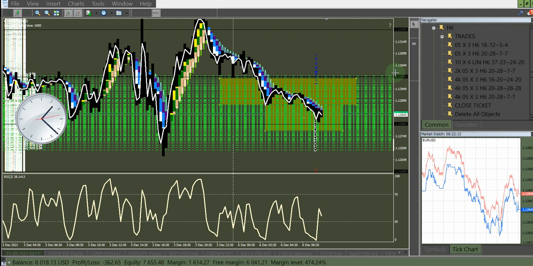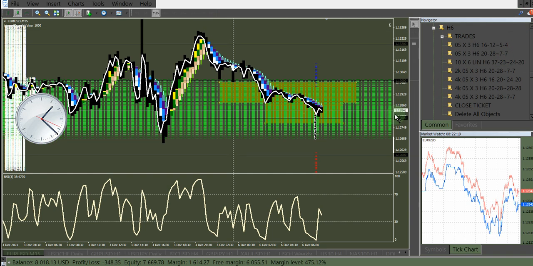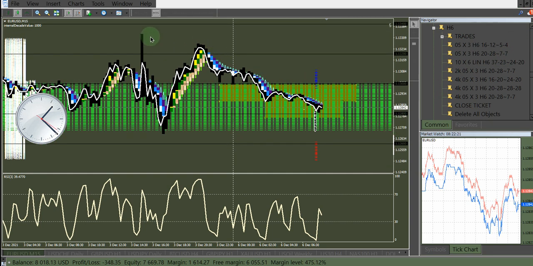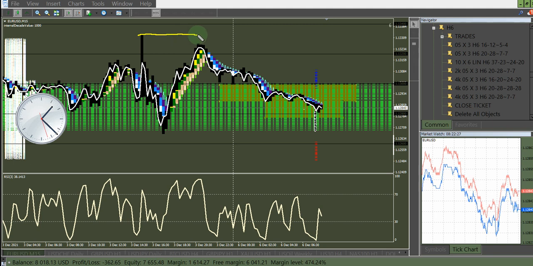This all depends on how much money you're going to risk, how many trades you're going to do. Do you have time for this? It never made it to this high, by the way. Having a sell limit above here and saying, dude, if it did, it didn't. It doesn't always do what you think it's going to do.